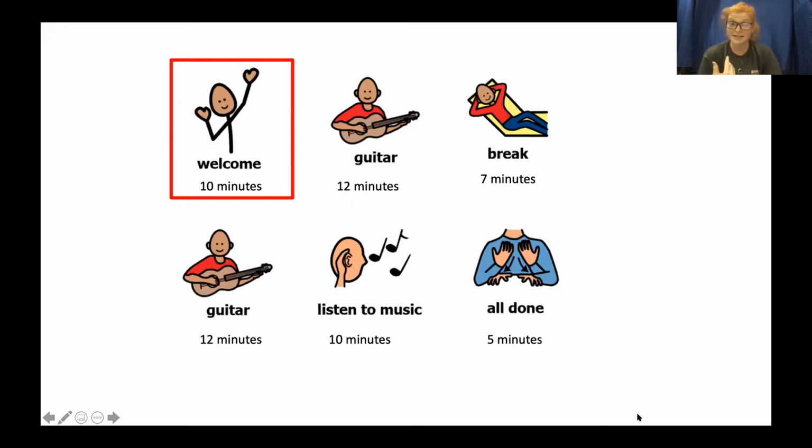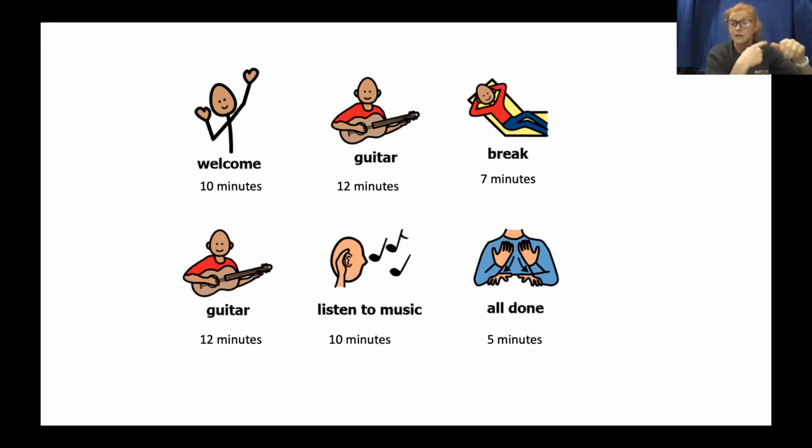So first, we are going to do our welcome, and within that, we do our stretches every day. So if you want to get a rubber band ready for that. Then we will be doing our first part of our guitar lesson today. I'm going to be leading that, and I will be showing some examples of homemade guitars and how to put those together.